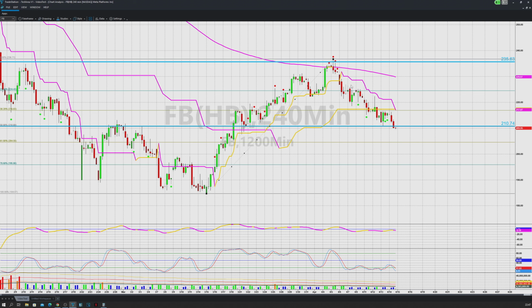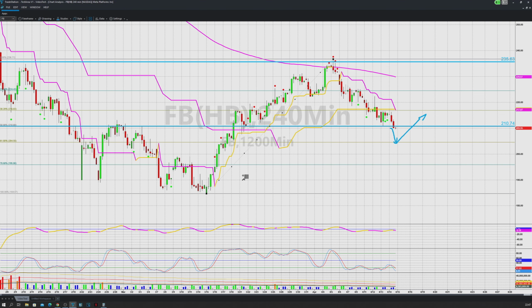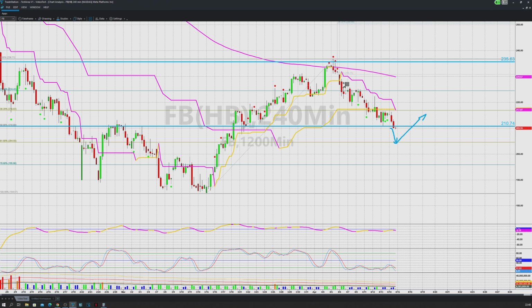So it doesn't mean a crash, just a retrace, profit taking, and then coming back up. So I hope it will gap down and immediately come up. And if we take the extension and we go something like this,